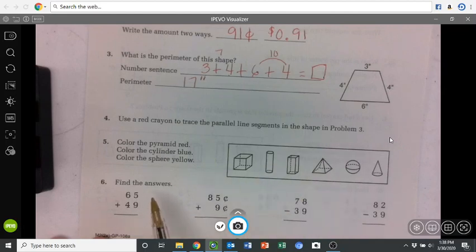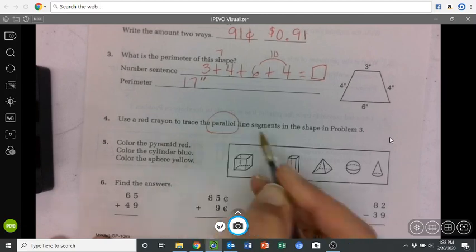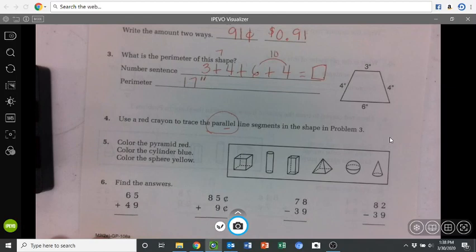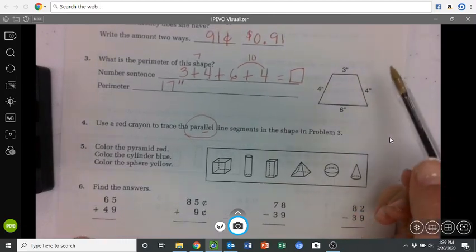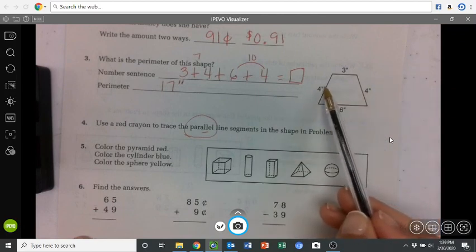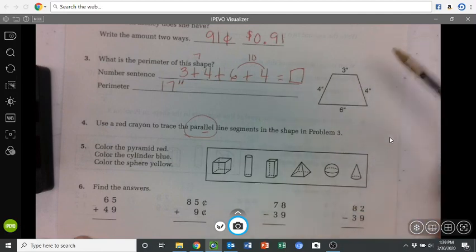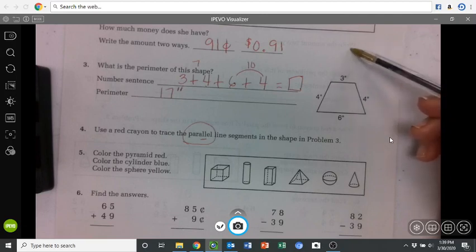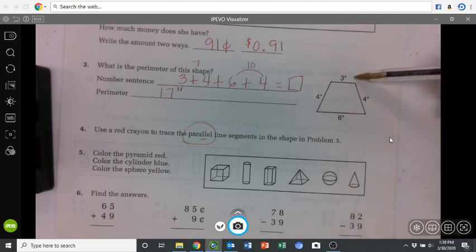This is from our lesson today. Parallel. Remember, those 2 little L's right there should be our reminder, our hint that you are going to be looking for the 2 lines that run side by side, never touching. They stay the same distance apart. They would never touch. Well, when I look over here, boys and girls, I see that I have a line here and a line here. But I want you to think about these lines. If these lines kept on going, I'm just doing it real lightly, and this line kept going this way,